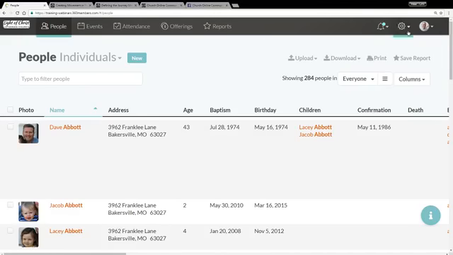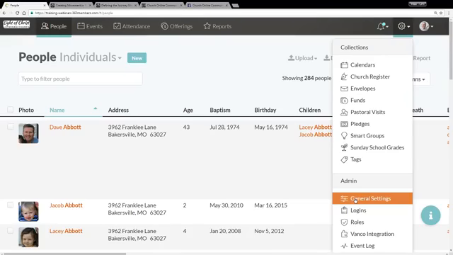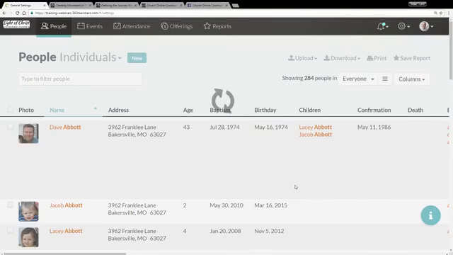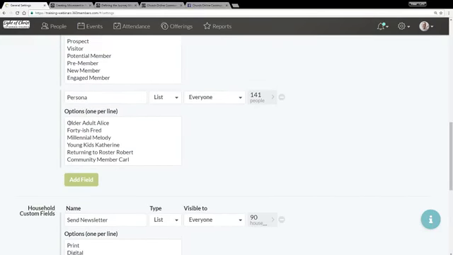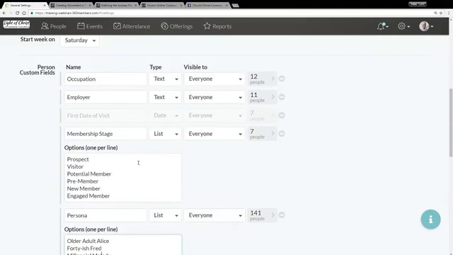All right, so here's Church 360 members. If you were with us, I believe that was session 3. We went in and did general settings and set up personas. So we had older adult Alice, 40-ish Fred, millennial Melody, all of those. Well, we can do the same kind of thing here with our journey map. I call it this membership stage. If it's easier, we could call it journey map. But it really does define where each individual is at. And so I've listed all those stages out here: prospect, visitor, potential member, pre-member, new member, and engaged member. Now, right now, these are just